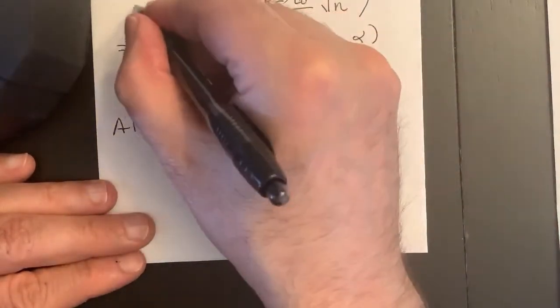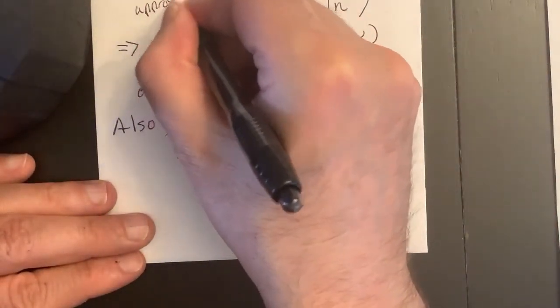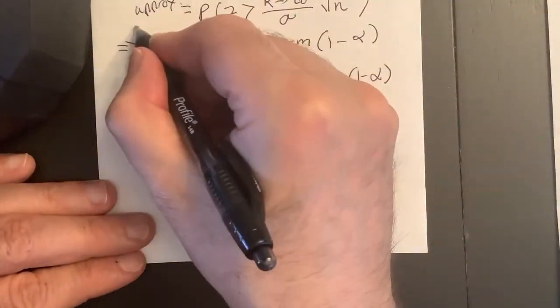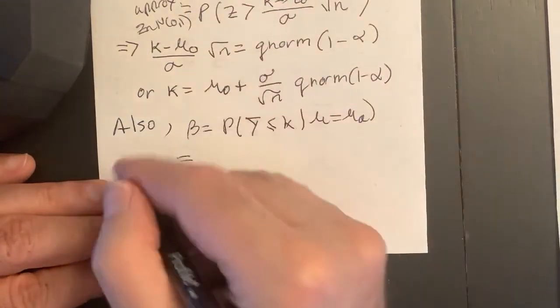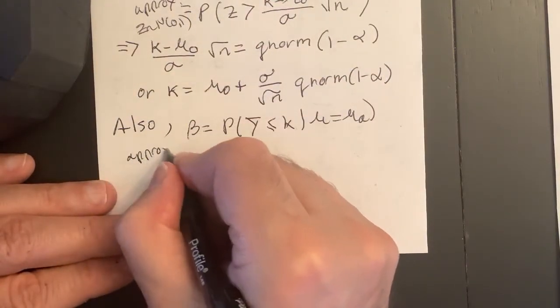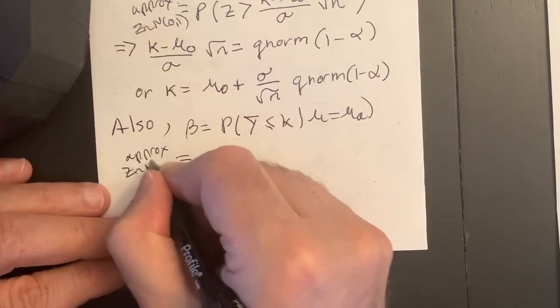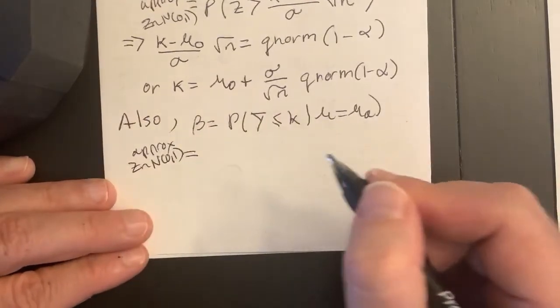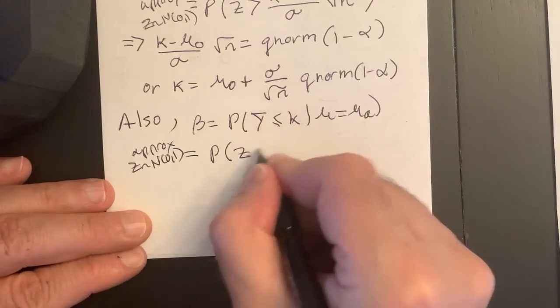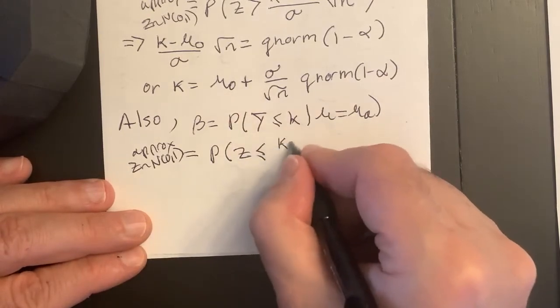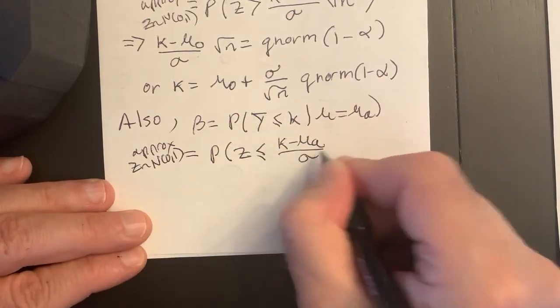So this is approximately for z and z. Okay, so this is approximately equal to the probability that z is less than or equal to k minus mu a over sigma square root of n,